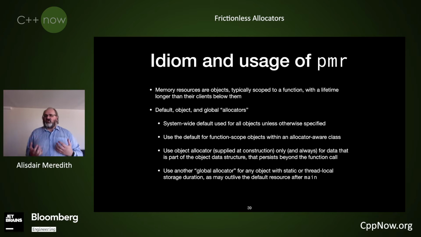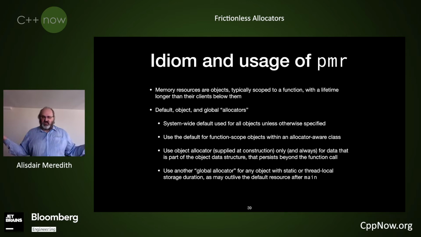If you have long-running resources, you want to obviously use some kind of long-running resource itself. So something like the system new delete resource: I'm going to want to allocate things that are going to outlive this function call. So I've got a factory function trying to return something out of the function. In those cases, you want a more global friendly resource, which is something like the new delete resource. That's why they exist.